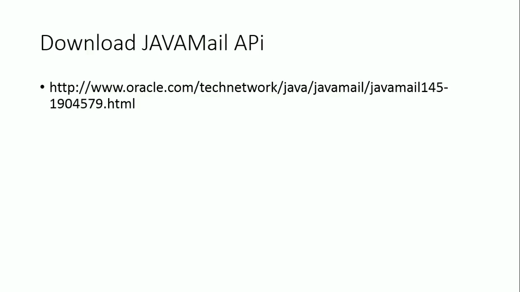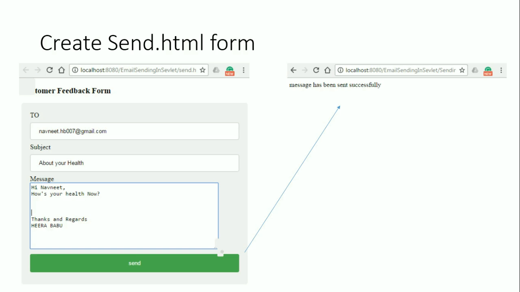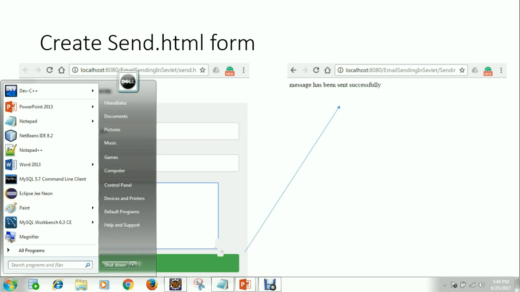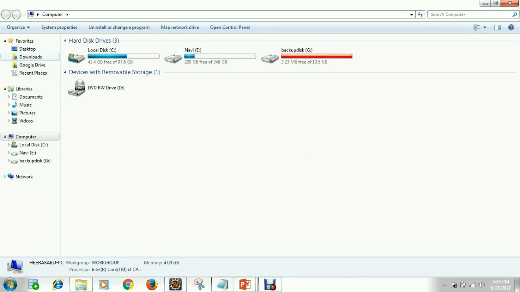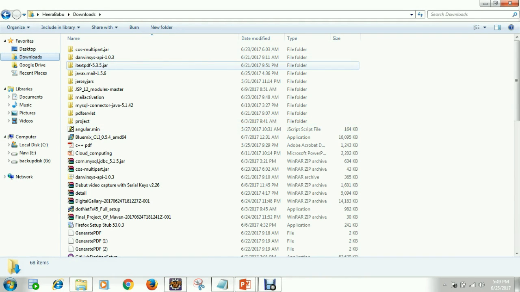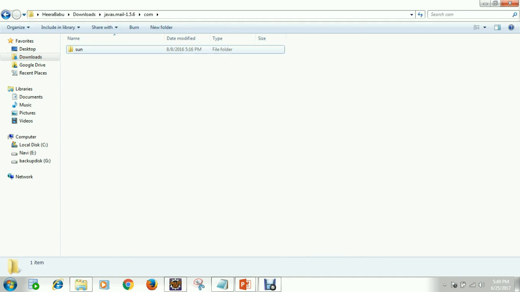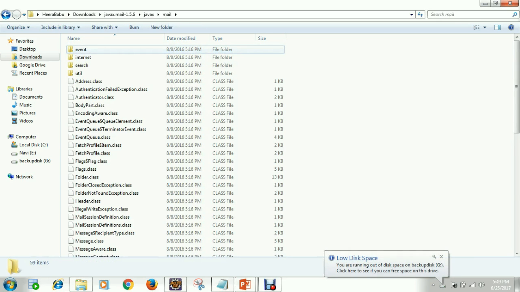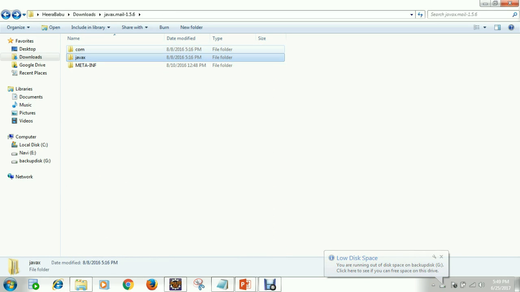First, I suggest you download the Mail API jar, version 1.6. I have already downloaded the mail API, which is as below. You need to download this. You will get two folders, mail and mail API. There are a lot of mail classes available. You need to check it out.